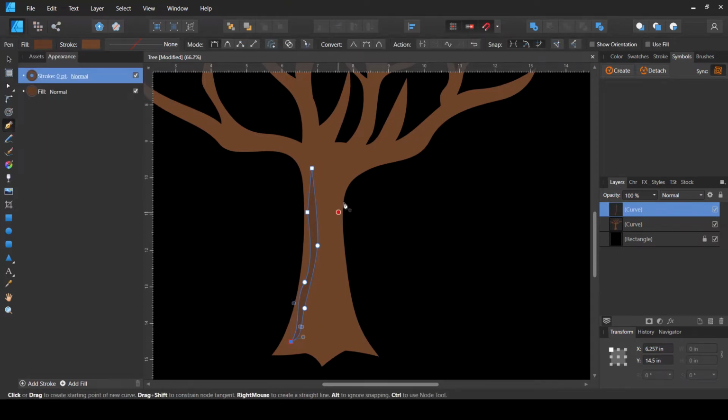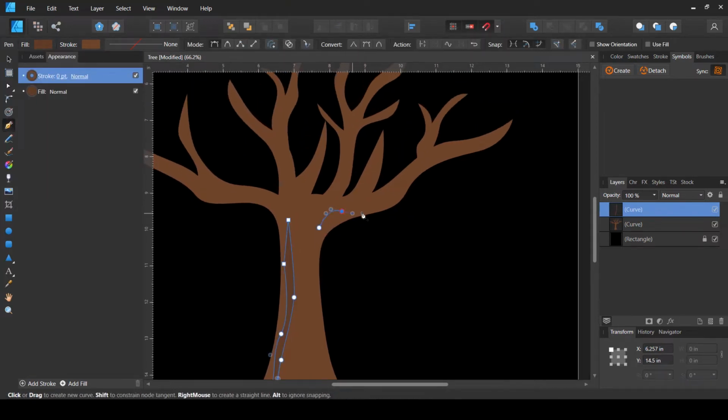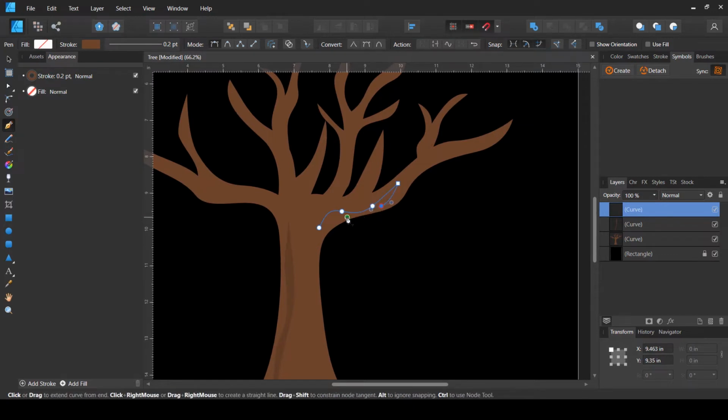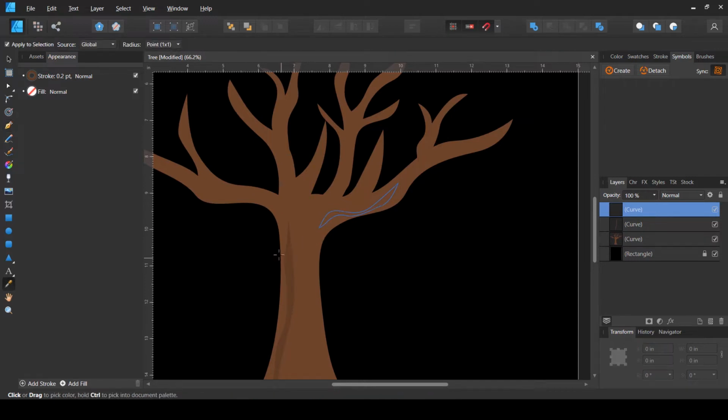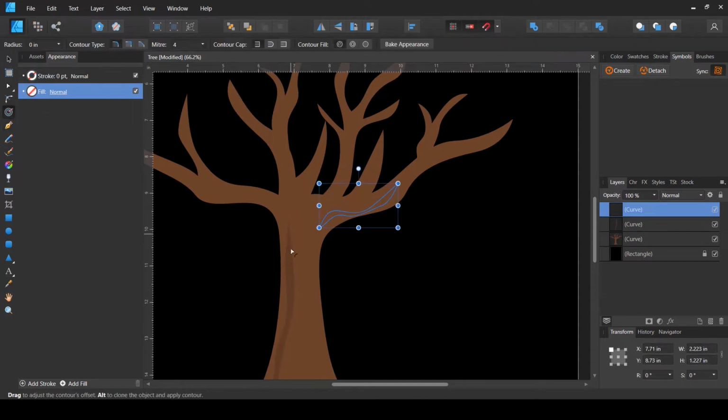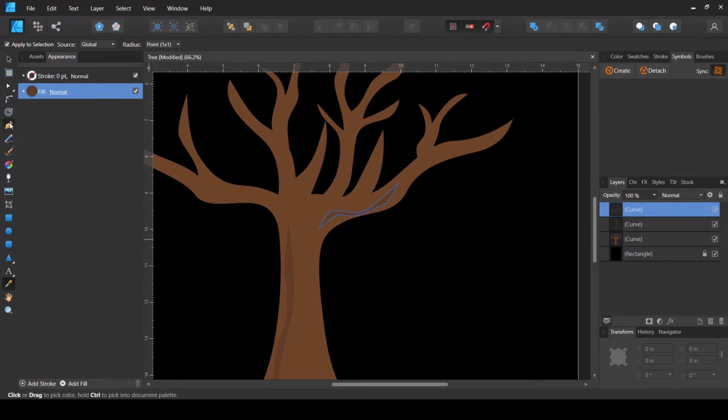And in the same way I'm going to create a little bit more zigzag style random lines in this location as well. And then let me just choose the color from this one. I think I might have selected the stroke in this one, so I'm just going to select the fill and then press I and then choose this color, and now it selects the fill color.